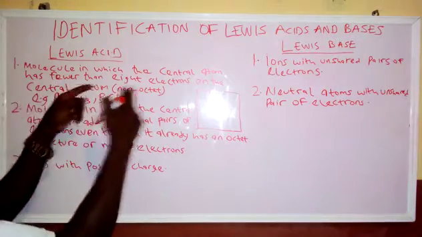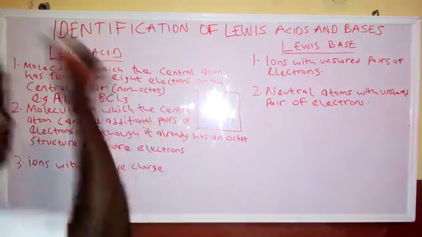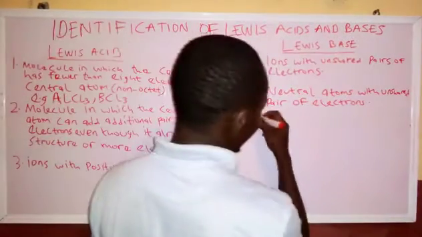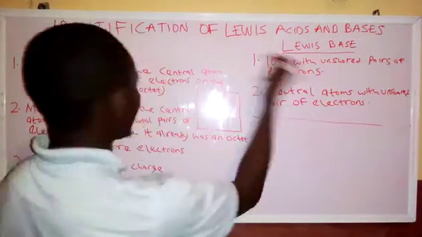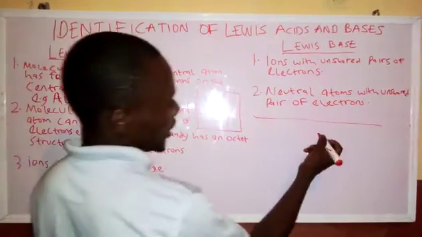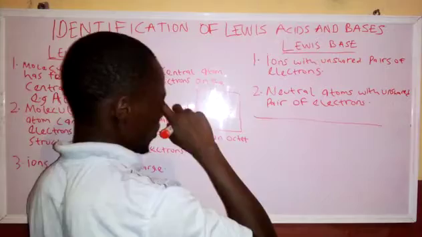Now, why are they Lewis acids? Because they have fewer than 8 electrons on the central atom. Now, I will show you that. That is, they are non-octet. Now, look here. For example, let me use this as an example. Now, see, we have aluminium trichloride. So, if we draw the structure,